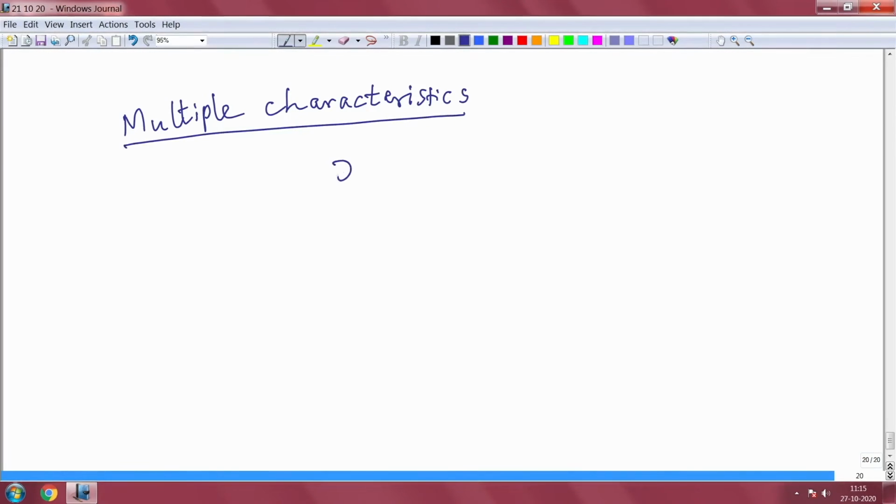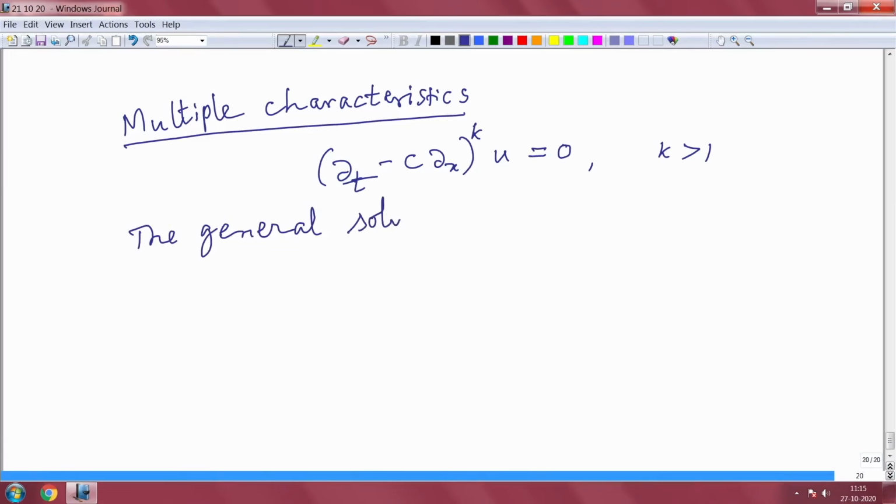So, this is the equation del x k u equal to 0. So, k is bigger than 1. Earlier we did for k equal to 2. So, again by an induction argument, the general solution is given by